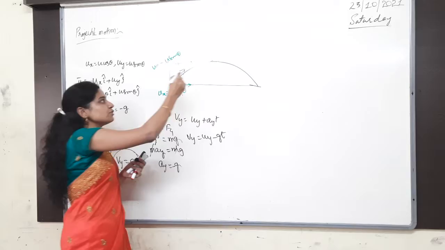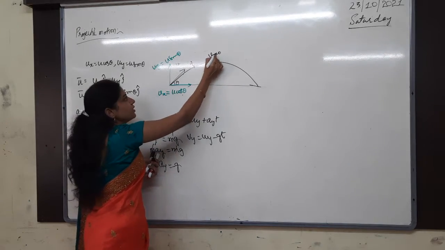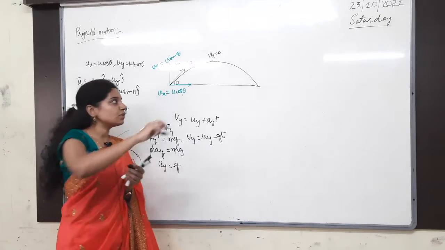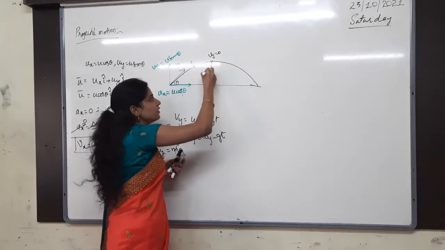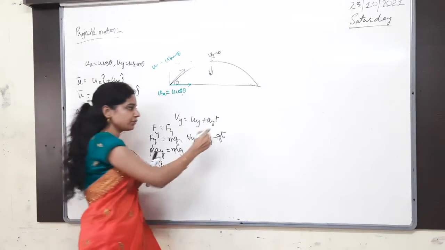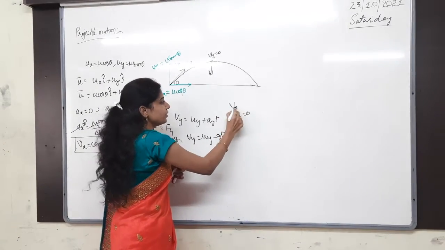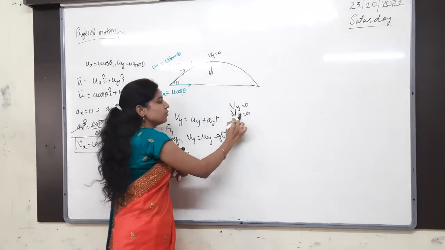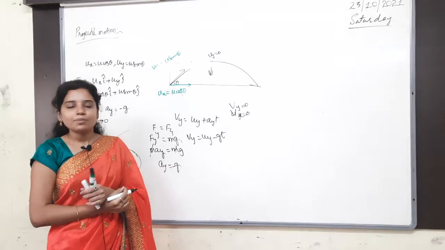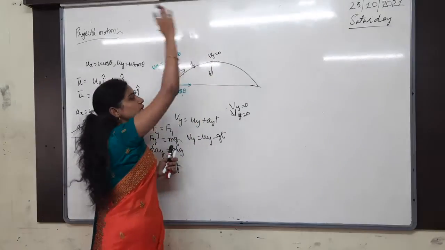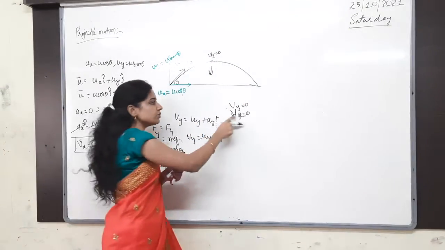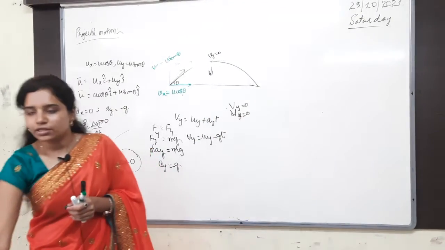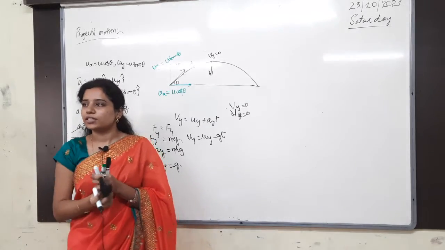So which is becoming 0 here? Vy becoming 0. But which velocity will be there? Vx will be there. So only the body is coming like this, otherwise the body will fall directly downwards. If Ux is also 0 and then Vy is also 0 here, then Vy and Vx both are 0 only. In both directions both are 0. Then what happens? Because Vy is equal to 0, it is not going in upward direction. Because Ux is equal to 0, it is not coming in horizontal direction. Then it will reach the maximum height and fall down directly like this only.